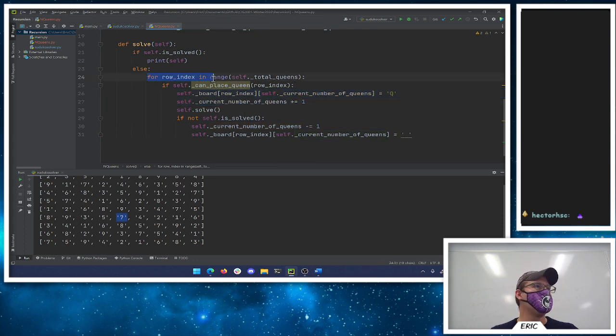Then it'll go to the next row. Right? So if row 2 was no good because we didn't find a solution, undo it. And we should probably check one more time too that we're not solved for every row. Otherwise, we're going to kind of be,